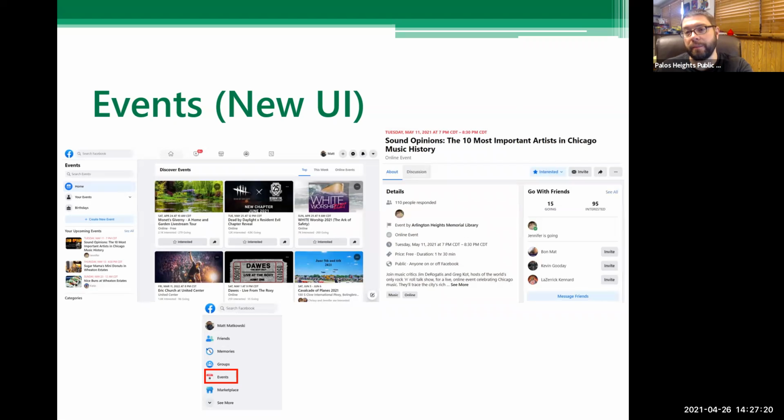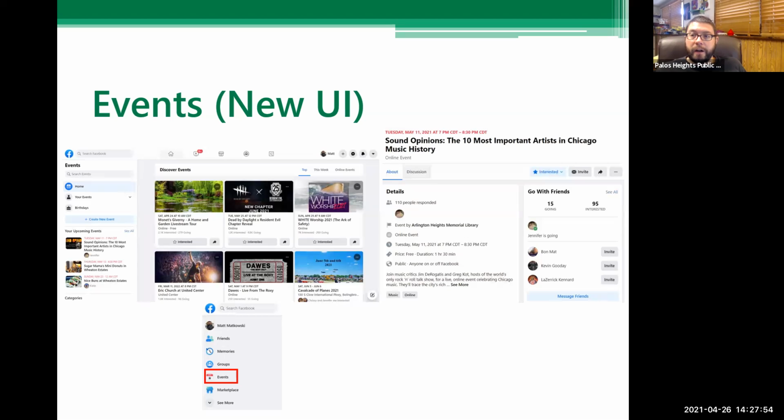The example here is for a library program, but if you're doing your daughter's birthday party or something, it's more useful because you can see who's all seeing the invitation, who has said, okay, I'm going, who said, maybe I'm going, who says, no, I can't. And whether there's any comments or anything like, hey, are we supposed to bring gifts? What's the food going to be? Questions like that you can see in there. You can have a little discussion.